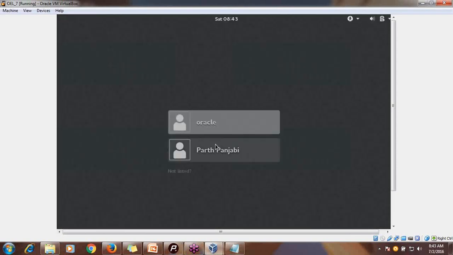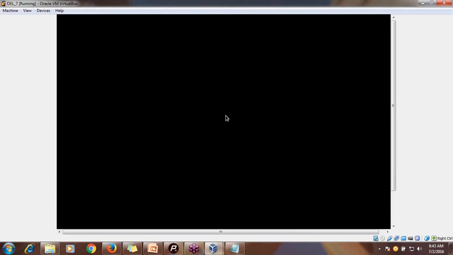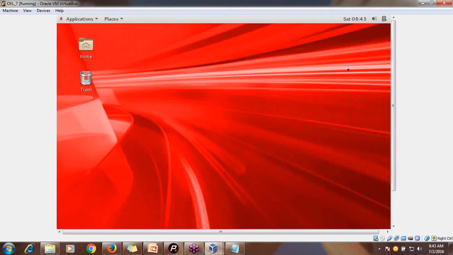Here I will show you how to start up Oracle Database 12c, how to start the pluggable databases, and how to find out how many pluggable databases you have. These are the brief practicals I will show you related to the CDB level and the PDB level. I am logging in with the Oracle user. I already installed Oracle Database 12c, and I already created the CDB and the PDB, because these things take around 30 minutes to create. So I already created all of them.